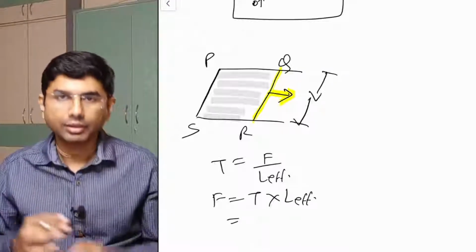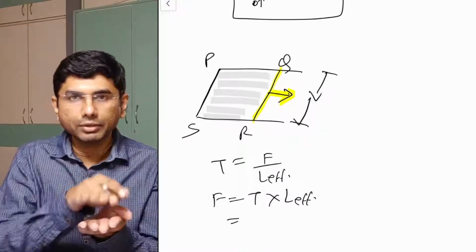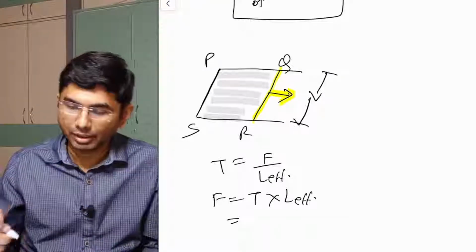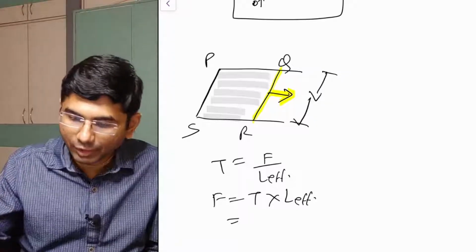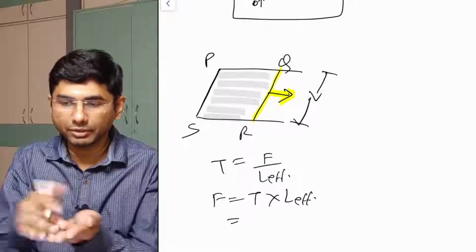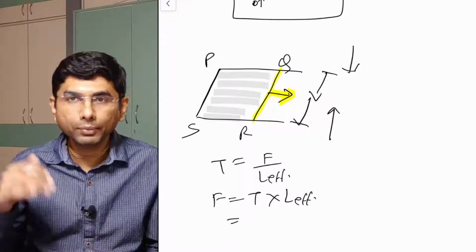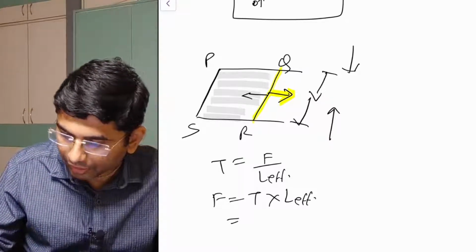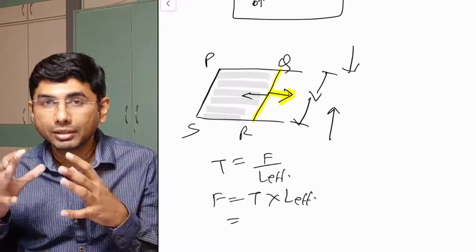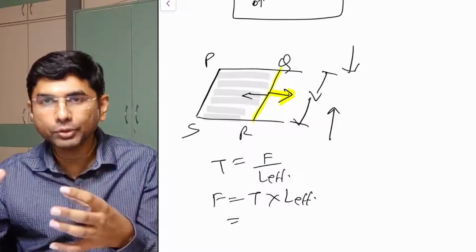Now in this case, this is not the surface of soap, it's just a very small film, and whenever there is a film, it's open on both the sides. Because it's open to both the sides, the length I have to consider twice. Here there are two surfaces, one from above, another one from below, and both the surfaces will exert force on this small length RQ, and they are trying to pull this surface away, because the surface of a liquid has a tendency to reduce its area because of surface tension, and there is a force which is trying to pull it.